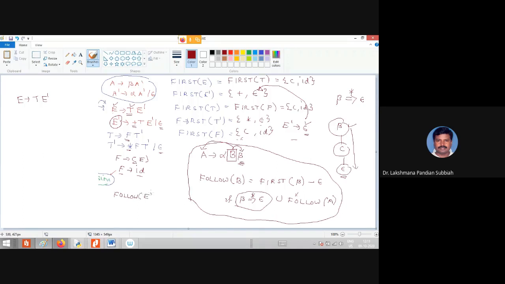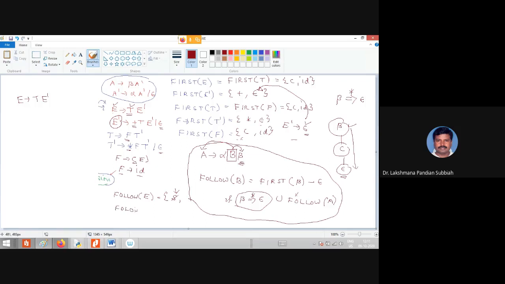In the start symbol you have to add dollar. This is the rule. After completing the start symbol, the end is delimited with dollar. So always for the start symbol follow, you have to add dollar. So you write that as it is.